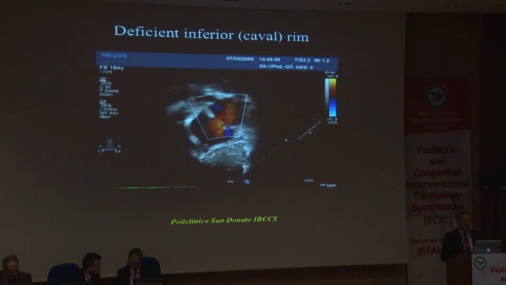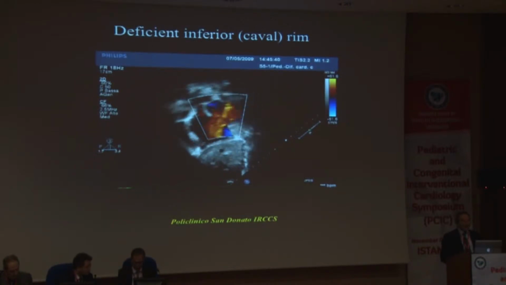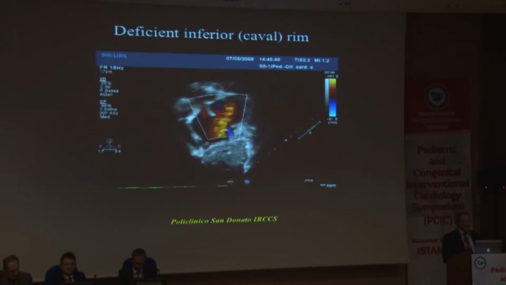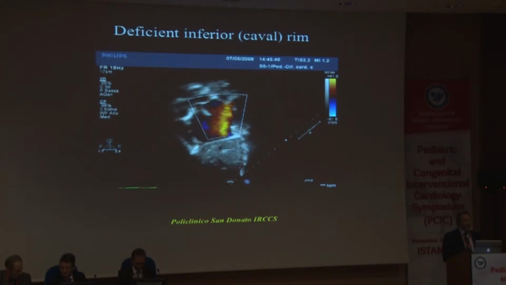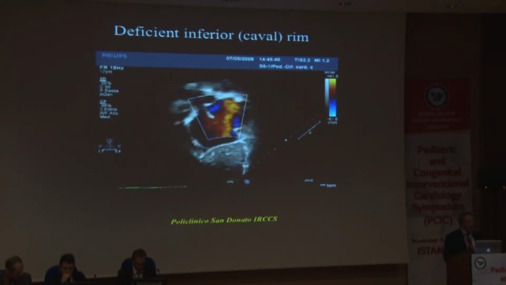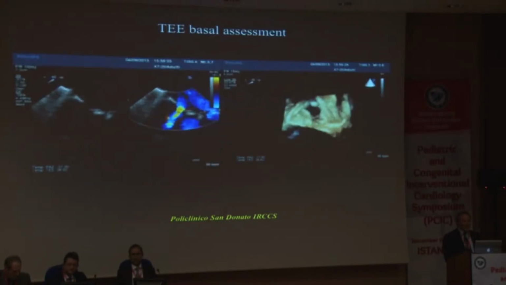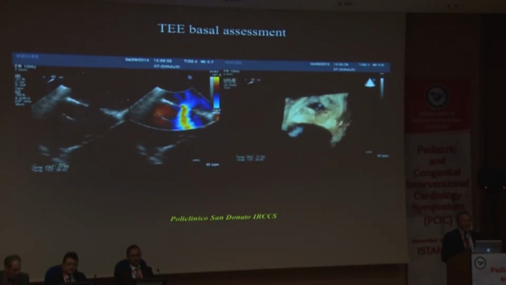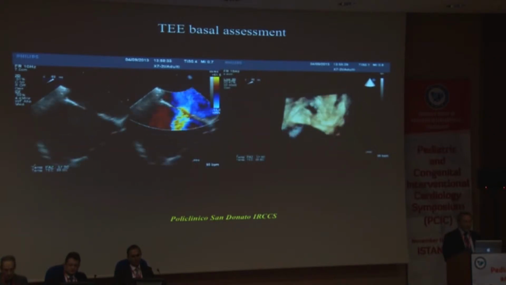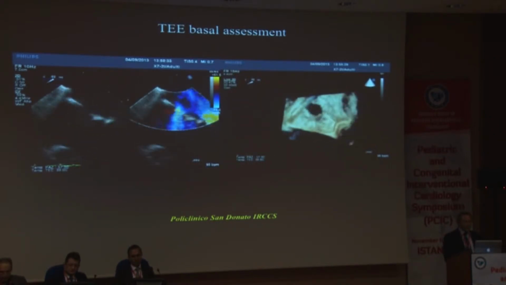That's another example with a deficient inferior or caval rim. I think this is, in my opinion, the real only absolute contraindication to putting the device in the atrial septum: a large ASD with a deficient inferior caval rim. Well, just very, very briefly, the step-by-step we follow in the cath lab: assessment of the ASD by 2D, 3D